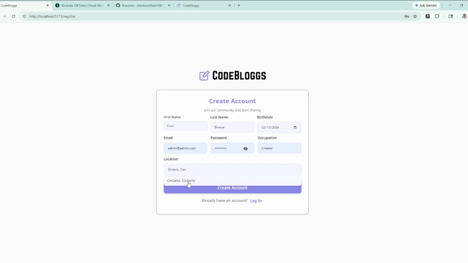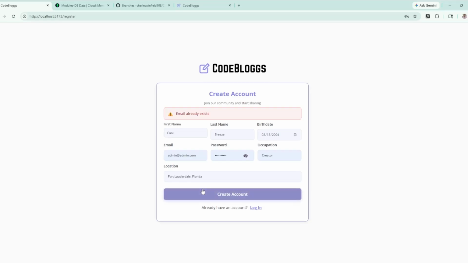Because it's Ontario, Ontario. We'll try some stateside. We'll just say Fort Lauderdale, Florida, and you can see that populates there with the city and state. Create the account. Says the email already exists, so we'll create